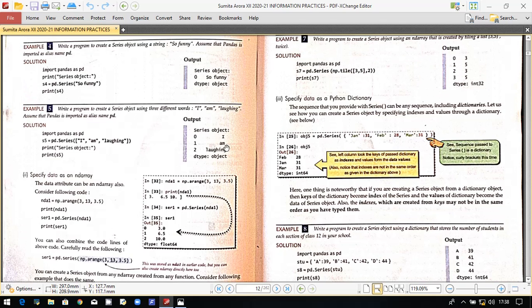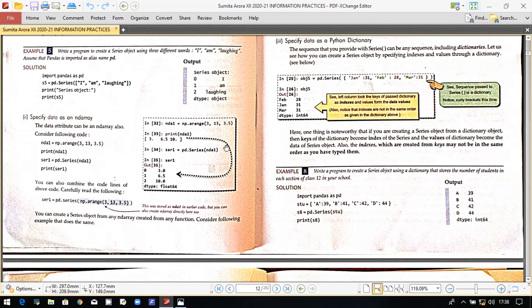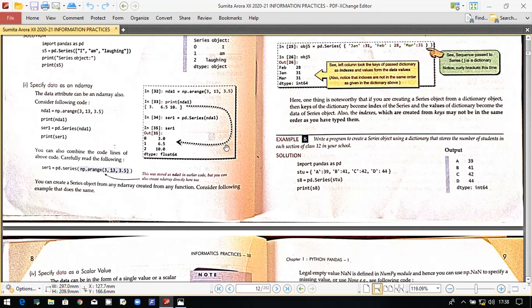Now this time we want to create a series with the help of an ndarray. So the second part is specifying data as an ndarray. When we want to specify data in the form of an ndarray, it is quite simple. Here we will use the arange function, which is only applicable when the numpy module is imported in your code.